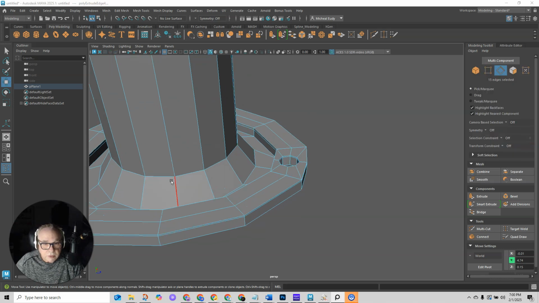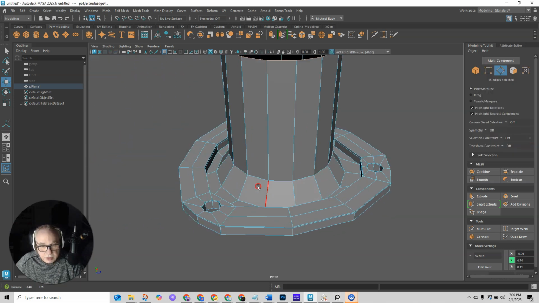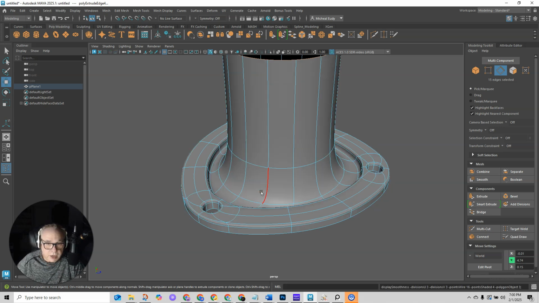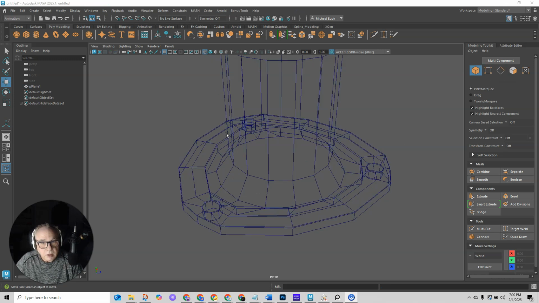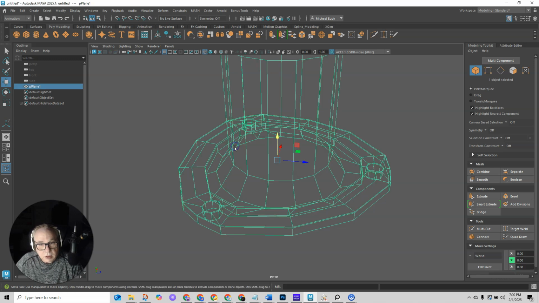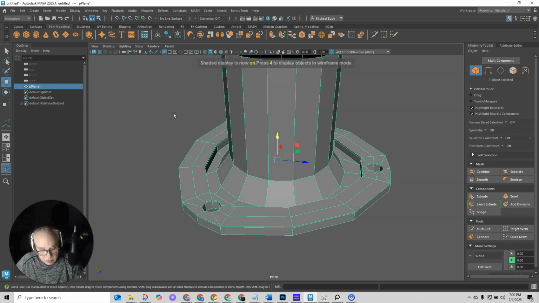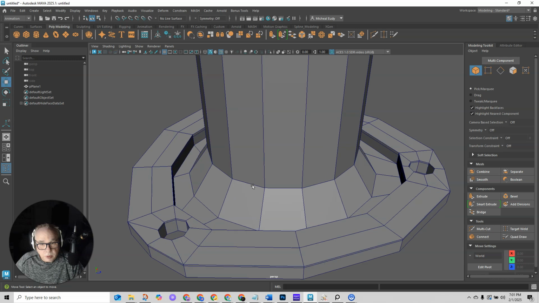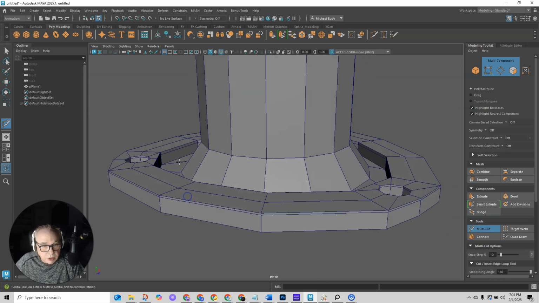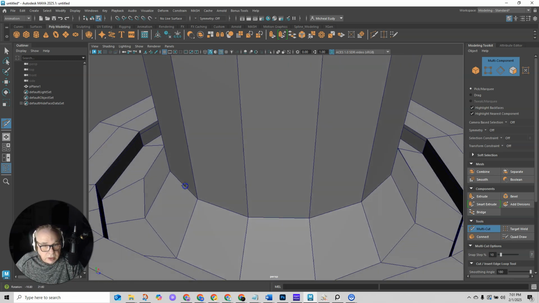Okay. Now, eventually we're going to be subdividing all this. So this is all going to turn really rounded on me. So I want to put some locking loops in here. I actually hit 4 on the keyboard, which is wireframe mode. So go back to 4 and I want my wire on here. Okay, so we want to put locking loops on the inside of this like we did on the outside here. Okay, now we already put locking loops on this, but we need locking loops